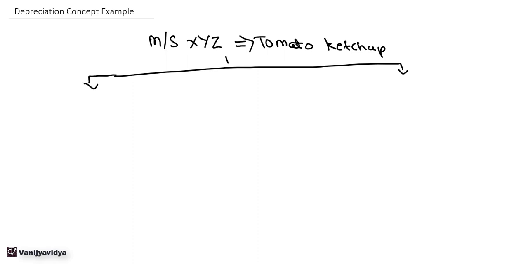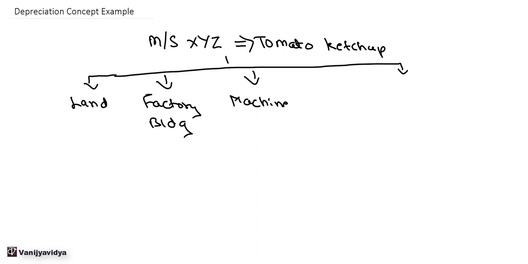First, he purchased some non-agricultural land, then constructed a factory building, then purchased machinery and installed it in the factory building, then purchased some furniture and fixtures